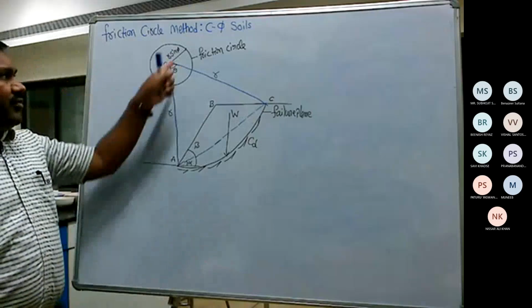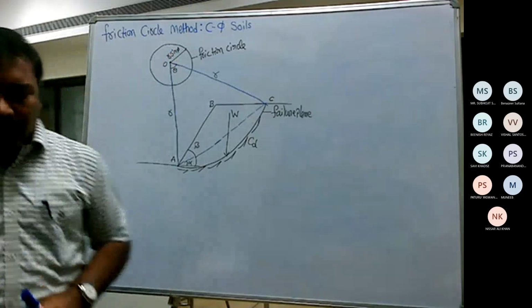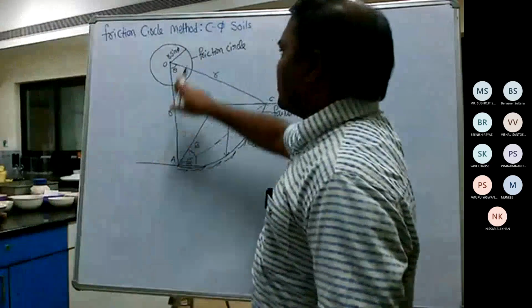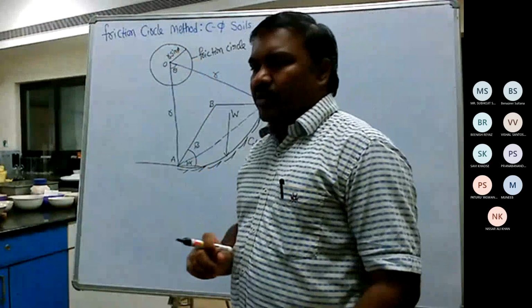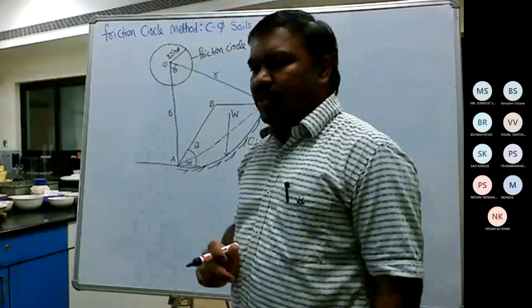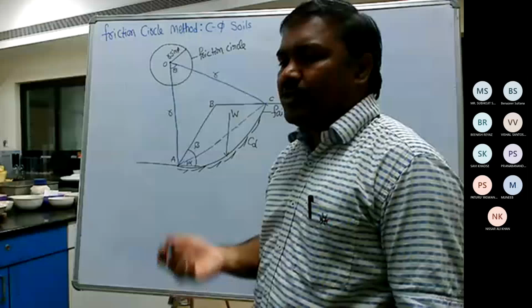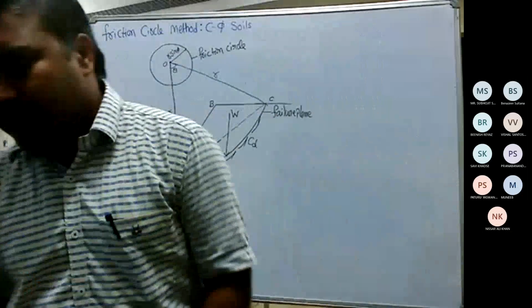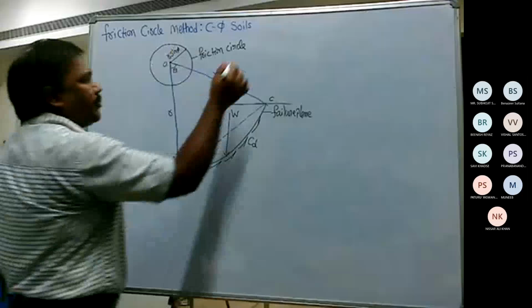But for a given material, the phi may be fixed. The other way of understanding this is, suppose I vary the value of phi, that means I can consider different varieties of soils. So suppose I vary the phi value,